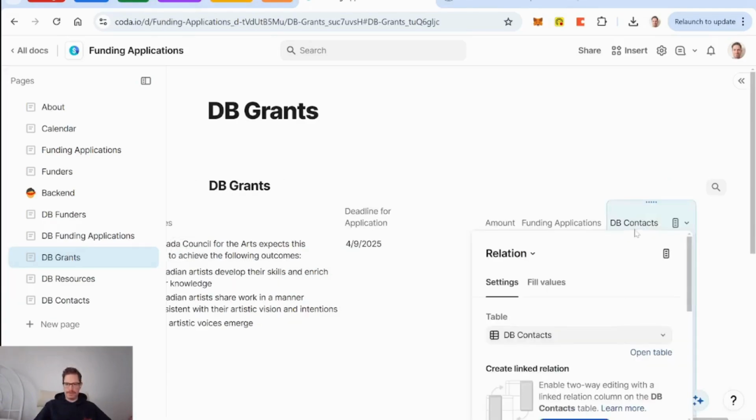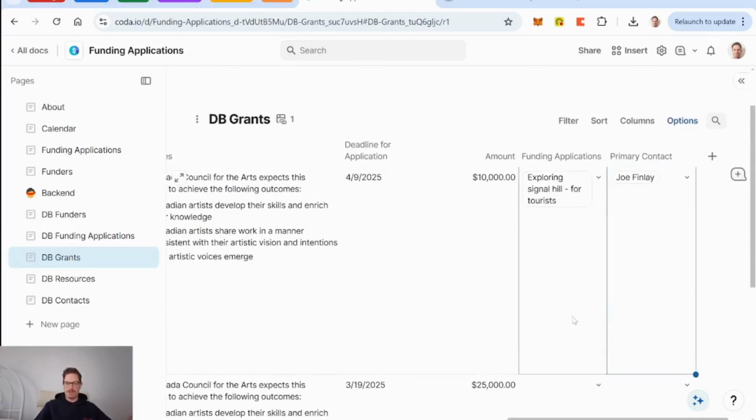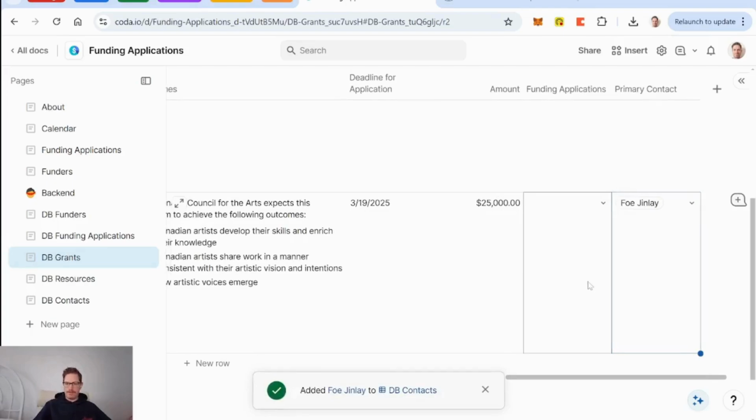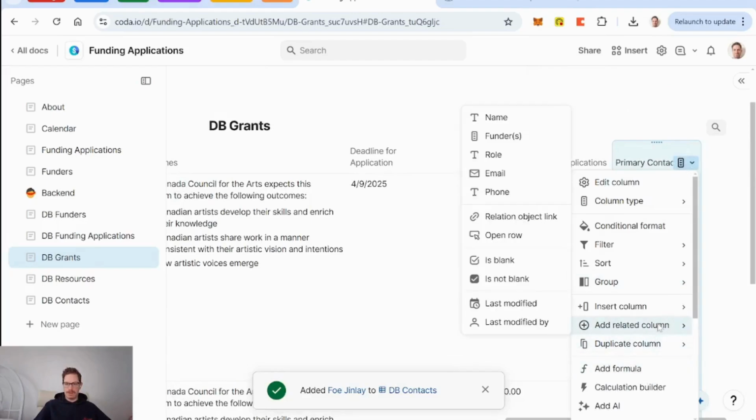All right. There may be a primary contact for the overall funding agency, but this is where I really care about having a primary contact, right? Because that person is going to help me get the grant. So here it's, what did I say? Oh, Jinley. Okay, and from here we can pull in their email if we want, but I don't think we need to